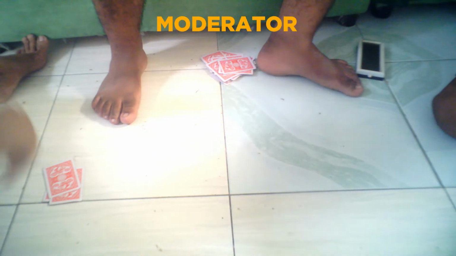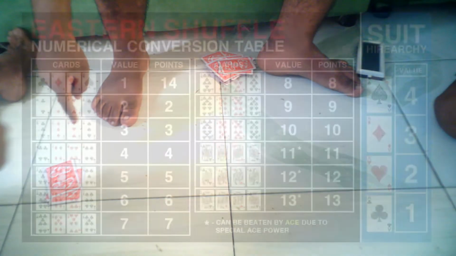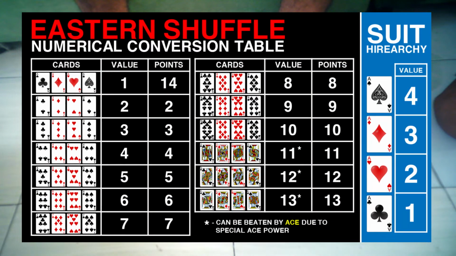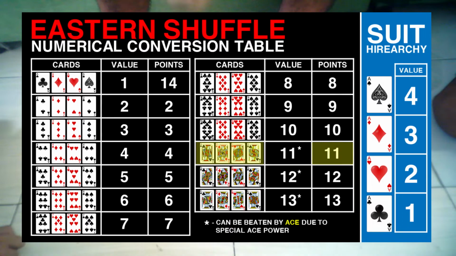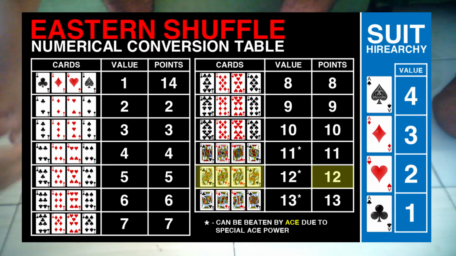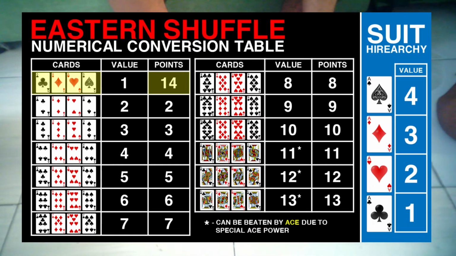The moderator shall now determine the winner. Both the participants shall give their final deck to the moderator for counting. To count a player's score, we must refer to the numerical conversion table again, now looking at each card's score equivalent. The table states that cards numbered 2 to 10 are equivalent to 2 to 10 points. However, the jack is equal to 11 points, the queen is equivalent to 12 points, the king is equivalent to 13 points, and the ace has the highest equivalent in the game out of all the cards, which is 14 points. The moderator shall identify the final score by getting the total equivalent of all cards of a player's deck.